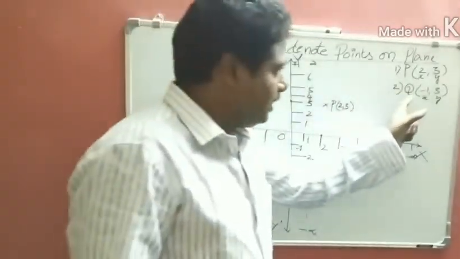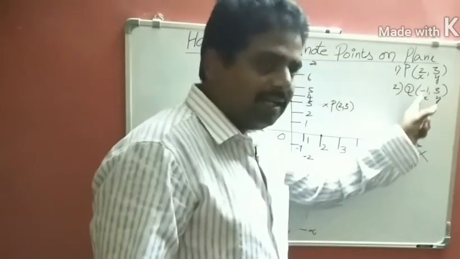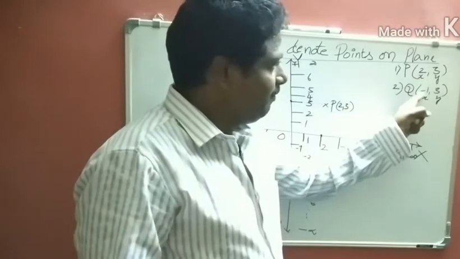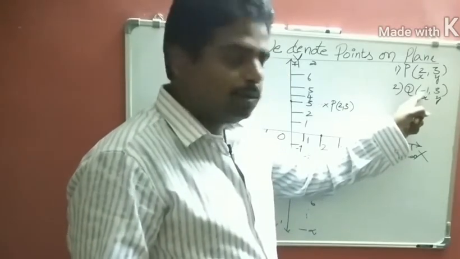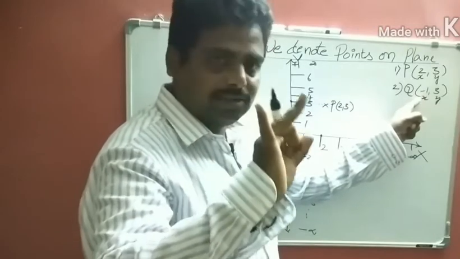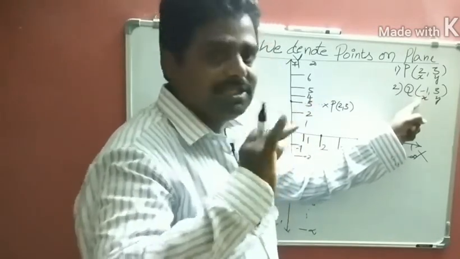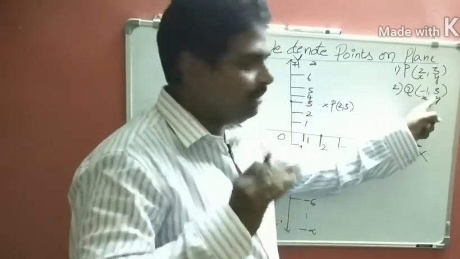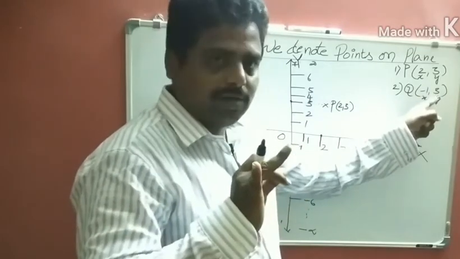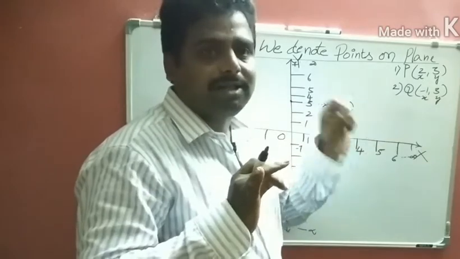For that purpose, let us take the value of x here, the first coordinate, which is also called the abscissa. For this first coordinate we have other names too. The first name is first coordinate, the second is x coordinate, the third is abscissa. For the second coordinate also we have three names. The first name is second coordinate, the second name is y coordinate, the third name is ordinate.